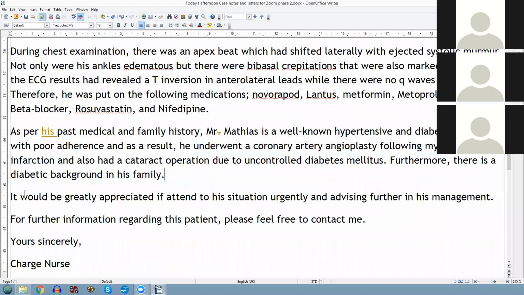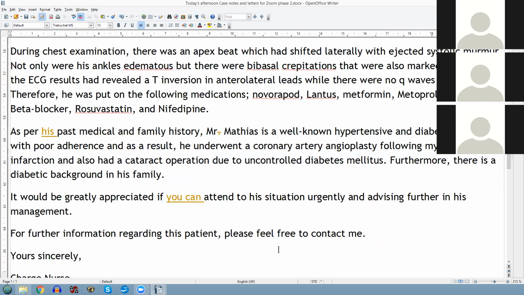"It would be greatly appreciated if attend..." Well, who's the subject? "If you can attend to a situation urgently and advising..." Who, or to whom, are you giving your advice? We basically attend to a situation urgently and advise. Who are we advising? Advising me, advising him, I don't know. "And advise him further in his management." Okay,